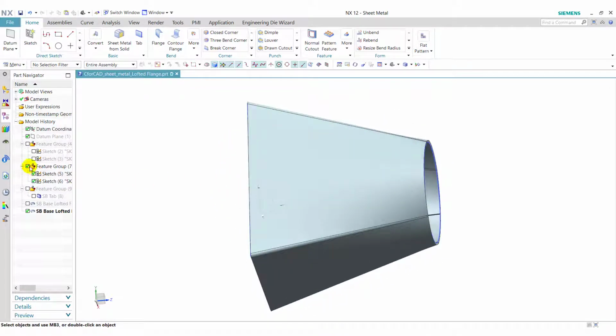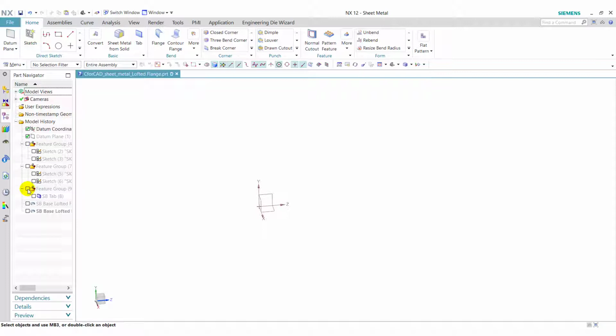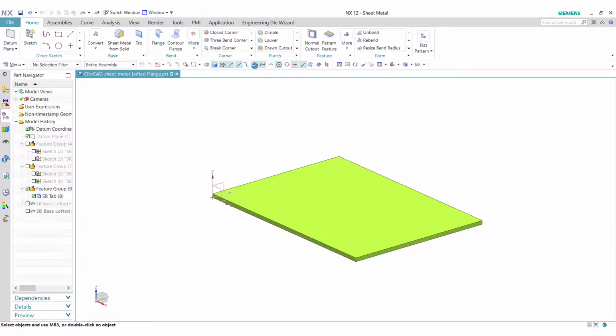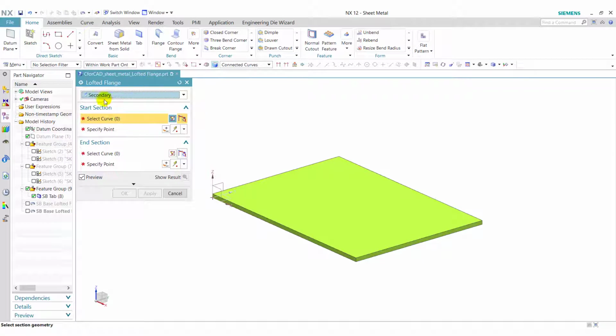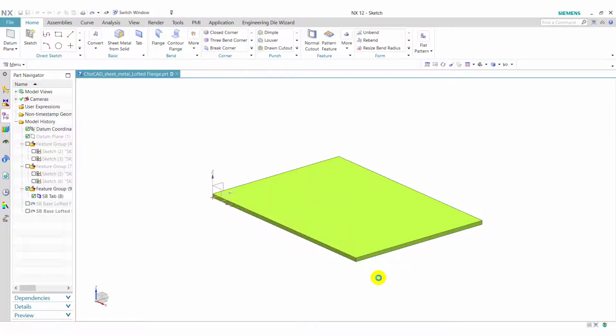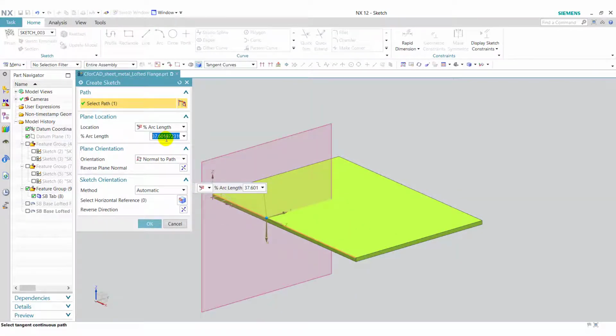So now untick this feature group and enable this feature group. Now we'll go to lofted flange. Here the secondary option is selected by default. So first we will select a curve. Here first select single curve and select this curve. It will create a plane on which we will create a sketch for the first section. Here we will enter 30% of the arc length